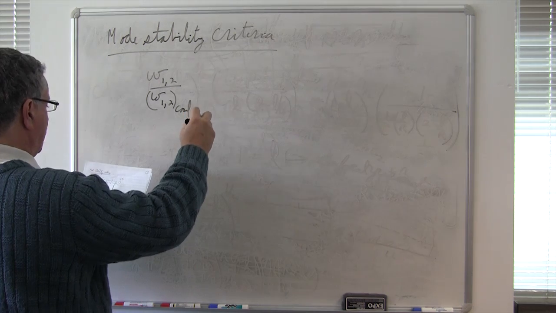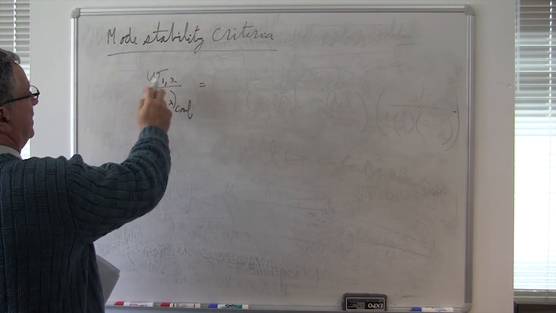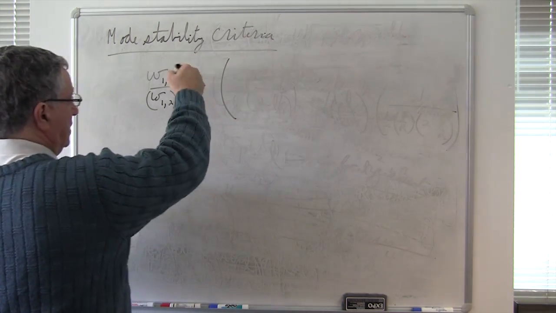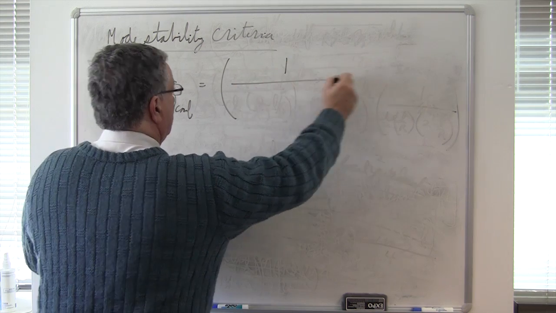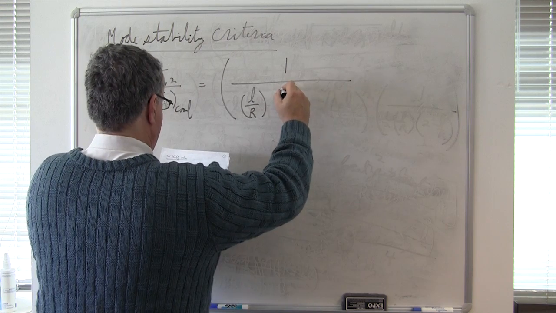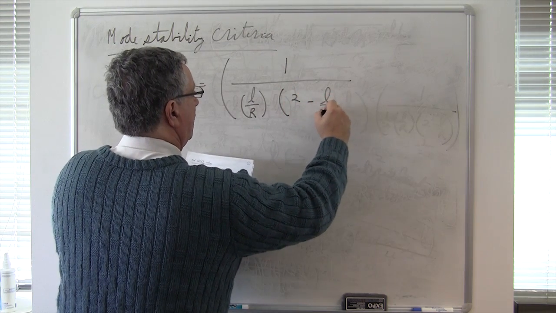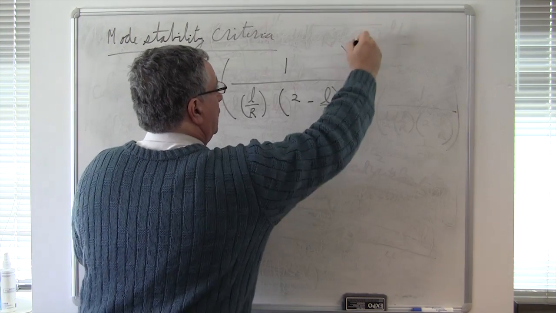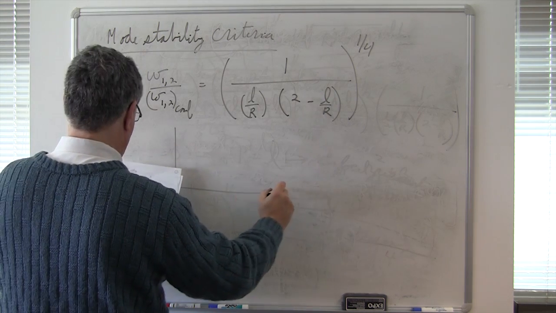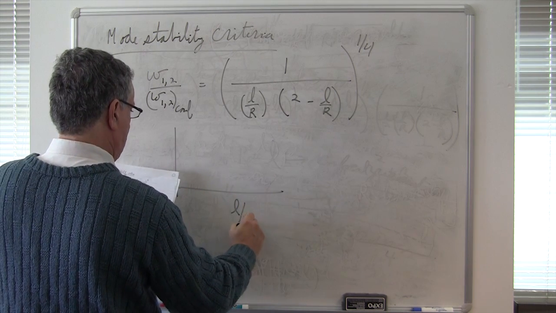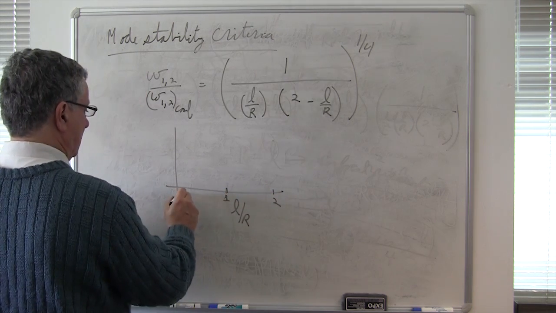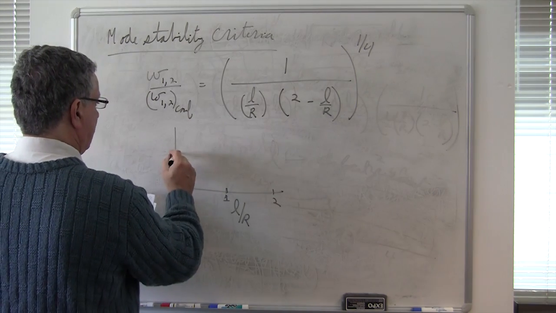So if you take the ratio between the two, for a symmetrical cavity in general divided by W12 confocal, this is simple: you get 1 over (L over R times (2 minus L over R)) to the power 1/4. Okay, so now if you plot this as a function of L over R, with L over R equal to 1 and L over R equal to 2, and this is 0, then what you find